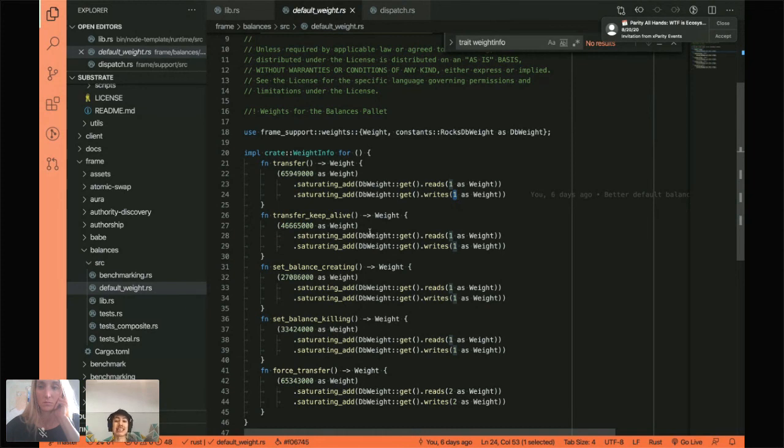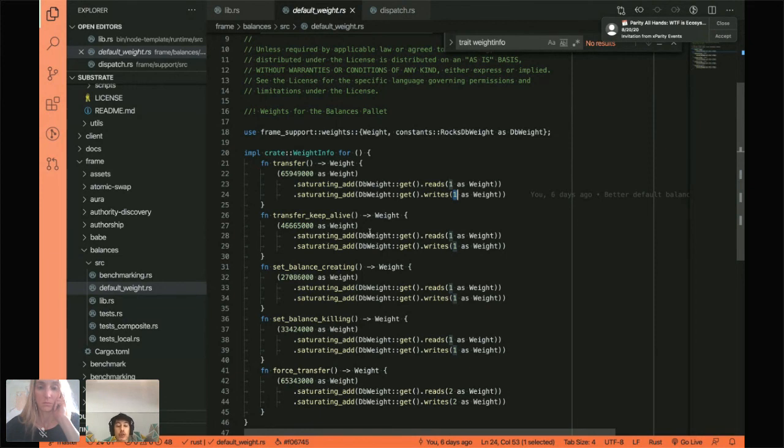Now, storing it in the system palette is actually more efficient, because whenever you do a transfer, we need to increment the nonce of a user, we need to increment the balance of a user, we need to do other things like that. If we have the balances in the same spot as the nonce, instead of doing 2 reads and writes when we update a user's balance by a transfer, we only need to do 1 read and write. So updating the balance of a user is just 1 database read operation. And database reads and writes are often one of the most expensive things about Substrate, or using the Substrate runtime.